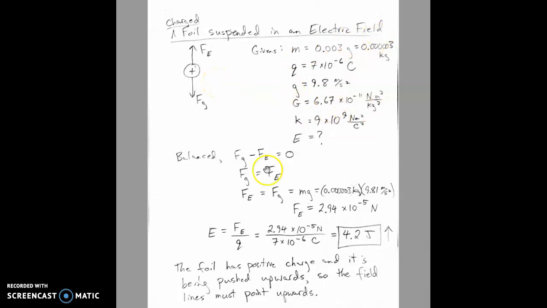Here are the givens. Here's the equation. Solve for the electric force and then solve for the electric field strength. And it's upward. And you can see that newtons per coulomb is volts. That's the definition. All right, and there's your example for today. And that's all. Okay, try your homework, and I'll tell you about the lab next time.